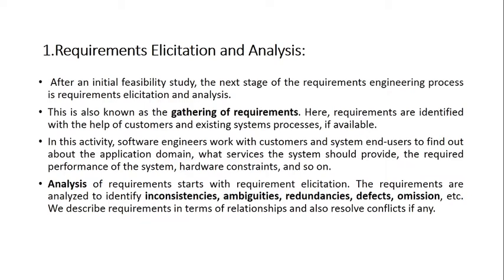Let's look at some more examples. Windows. If I write Windows, it could mean a window in a room. Window could also mean operating system, right? So this is an ambiguous term. We always have to prepare the document in such a way that these ambiguities are not present. If you are using a term like search, specify it clearly. Searching what? You have to specify whether we are searching a member or a book. So that has to be clearly specified. So requirements must not be ambiguous.